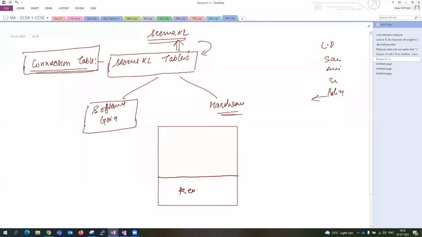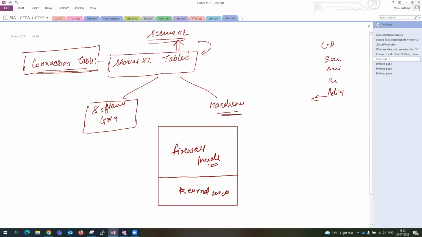One was kernel mode, then OS and IP stack, and then user mode. I'll club these two, OS and IP stack and user mode. I'll name it as the firewall mode,